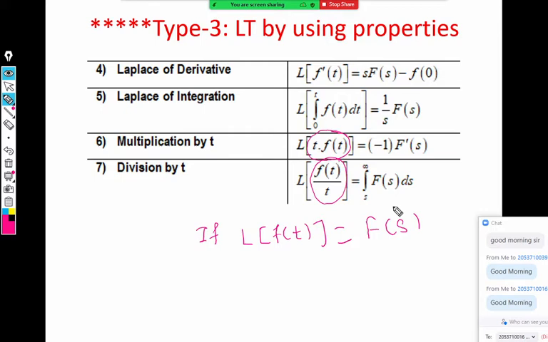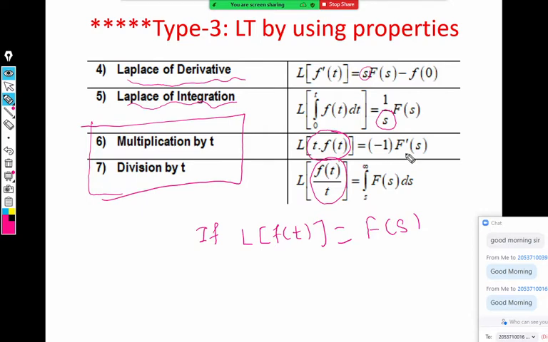Proofs of these properties are there in the textbook, but all these properties are without proof for our syllabus, so there is no need to go through it. Just remember the result and use it to get the Laplace of the required thing. So how will you remember this property? When you multiply, the RHS is the derivative. Multiplication is connected to the derivative, and division is connected to the integration. When we integrate, we are dividing, and when we take Laplace of a derivative, we multiply by s. That we'll see later on. Right now, focus on these two.